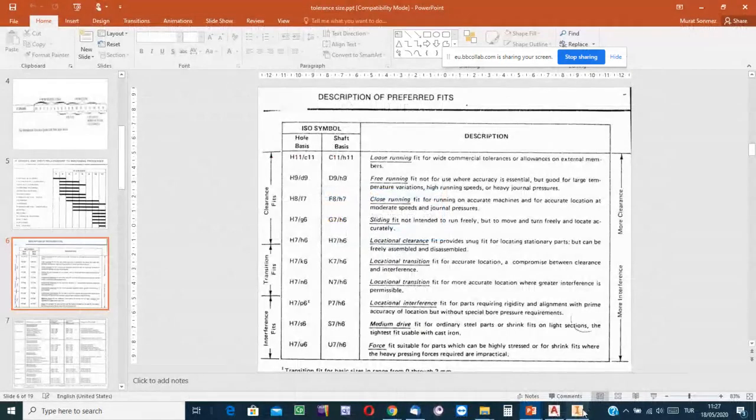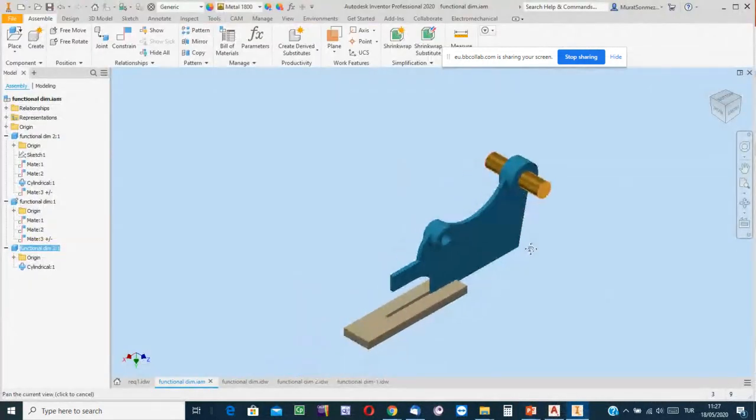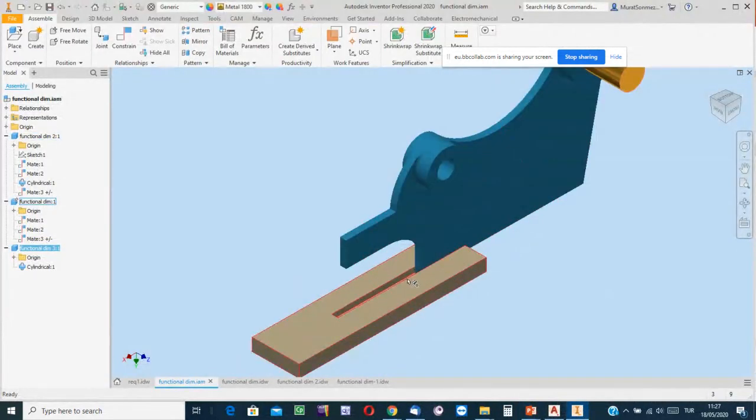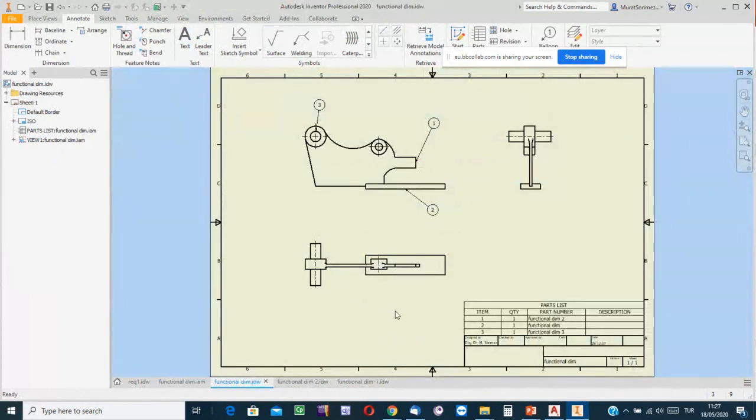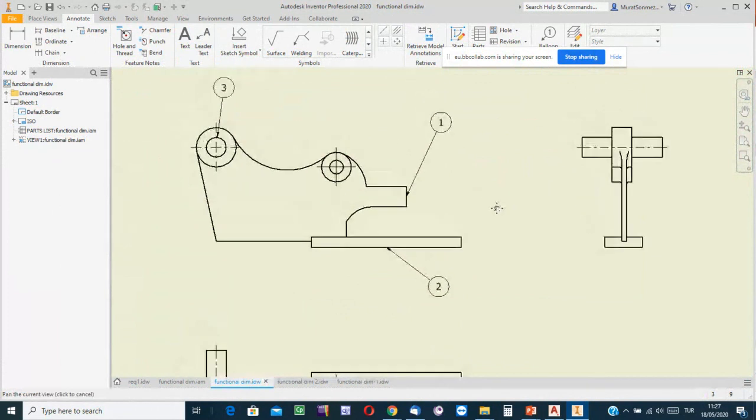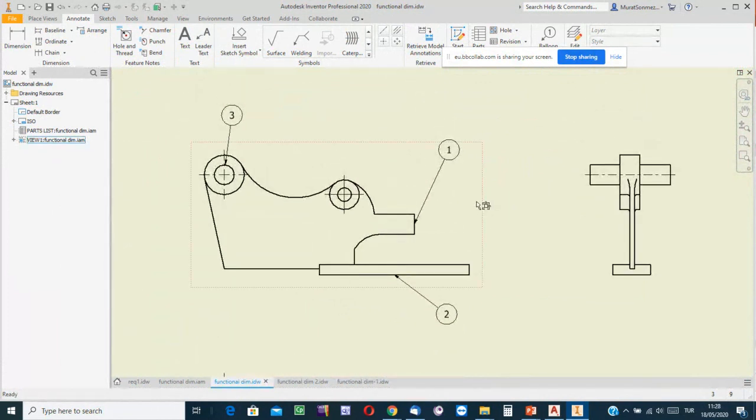in Inventor using this solid model, I said that the channel size is functional, and the edge of this blue part is functional. Okay then. On the assembly drawing, yes, this is the assembly drawing file. On the page, we have the front view, top view, and left side view of the assembly, and it's an assembly drawing. Well, it is in the existing format.